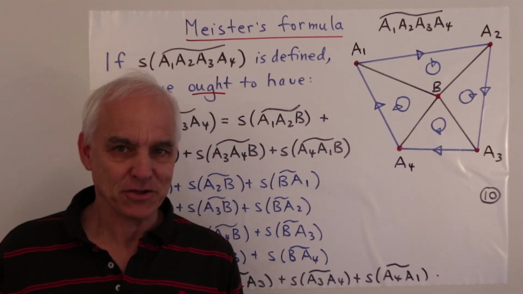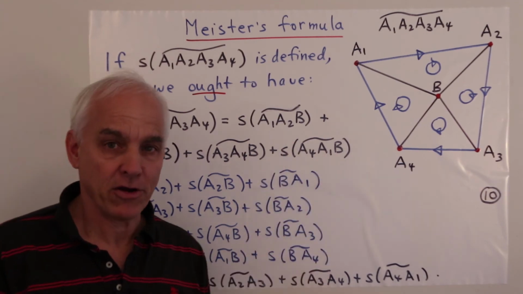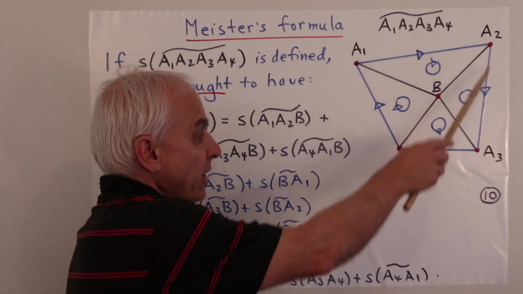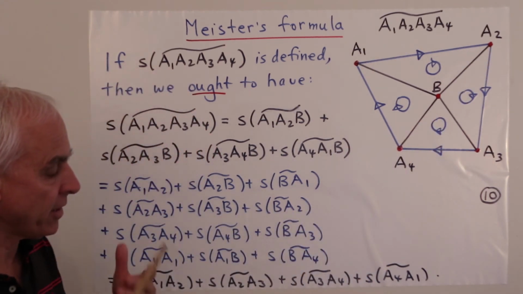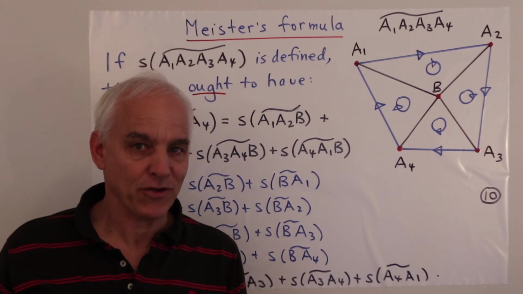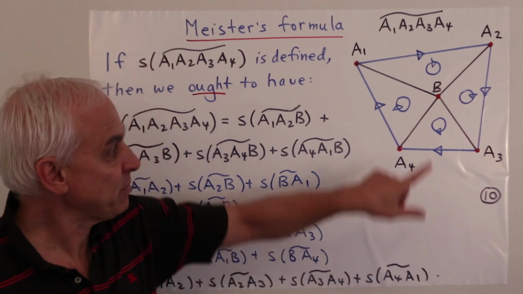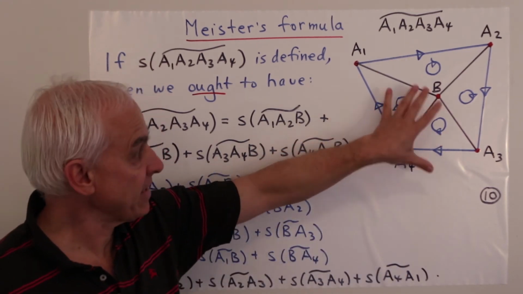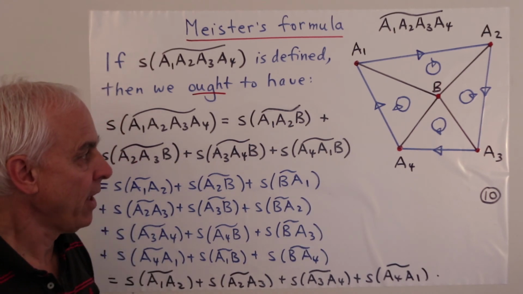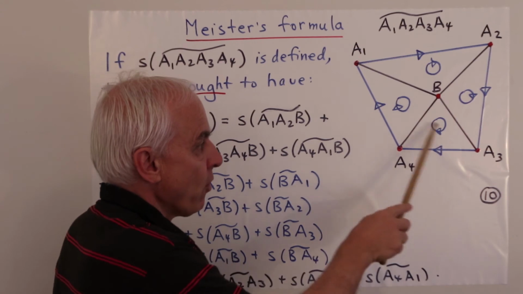So let's investigate this question about how we should approach the idea of signed area of an oriented four-gon, let's say. This one here, A1, A2, A3, A4. And an obvious thing to do is to say, well, why don't we decompose this into triangles, because we know the signed areas for triangles. All right, so let's pick some point B, in this case in the interior of this quadrilateral. And then we see that by joining B to the 4 points, we get 4